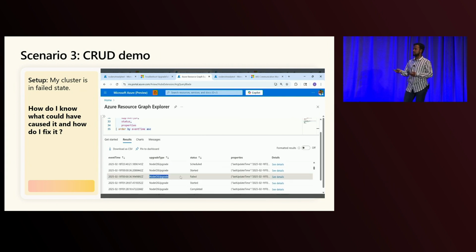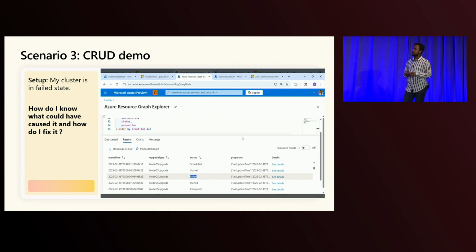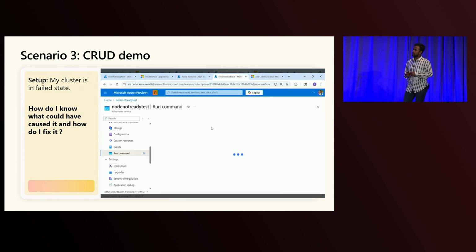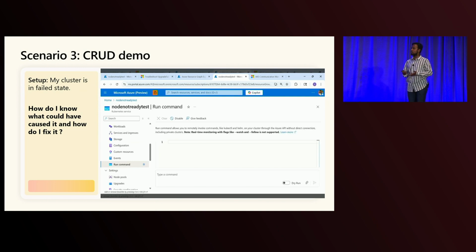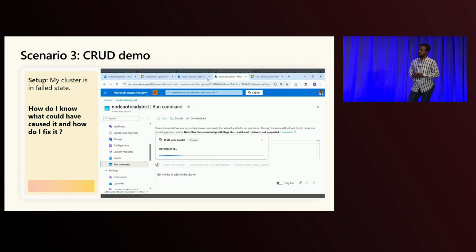Now here we'll go one step further and actually try to fix this and understand why that specific PDB or Nginx deployment failed to be drained. This is just to show again the same things. I'm showing here one version of the Copilot using the run command. There are different ways. If you're like me who doesn't know simple kubectl commands, you can use the Copilot. So I'm just going to get the list of PDBs in the cluster and use Copilot to draft the query.